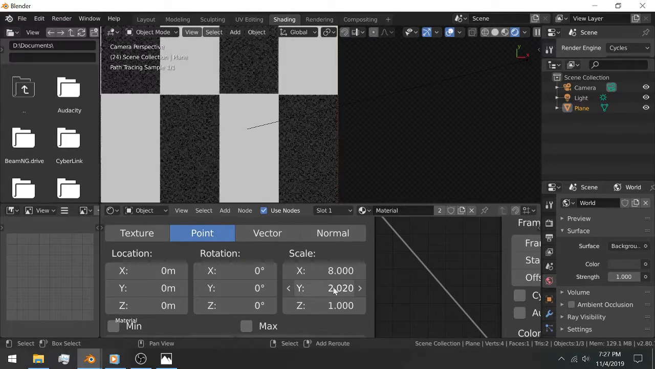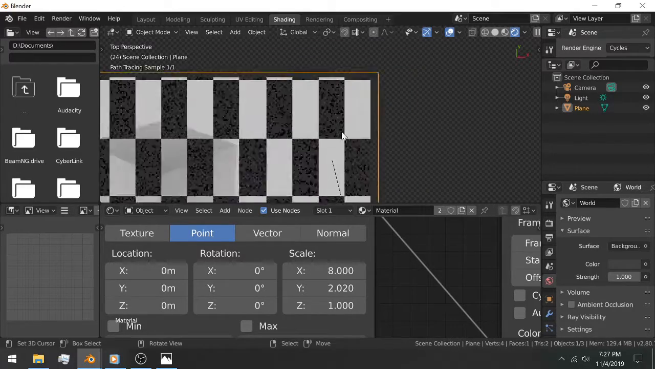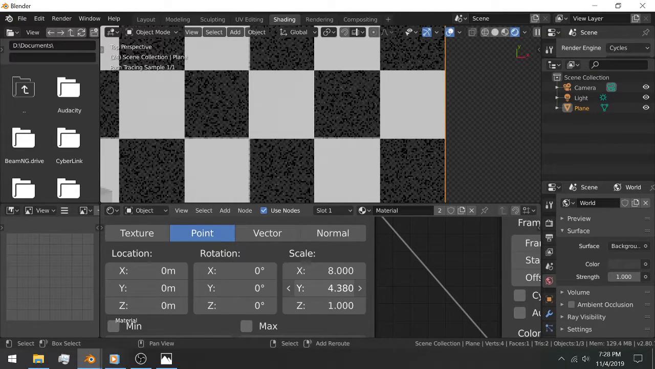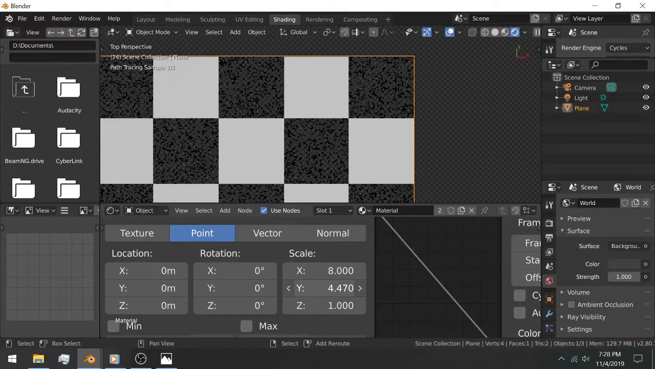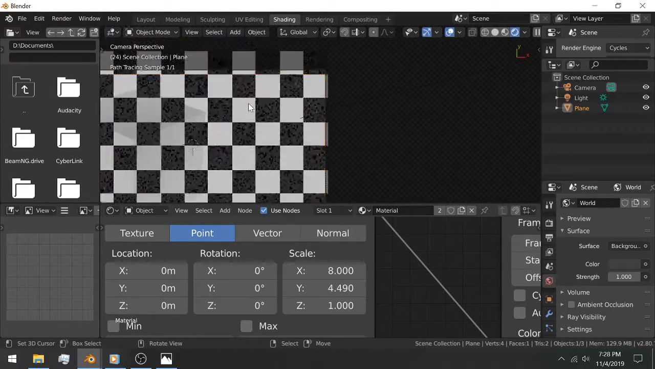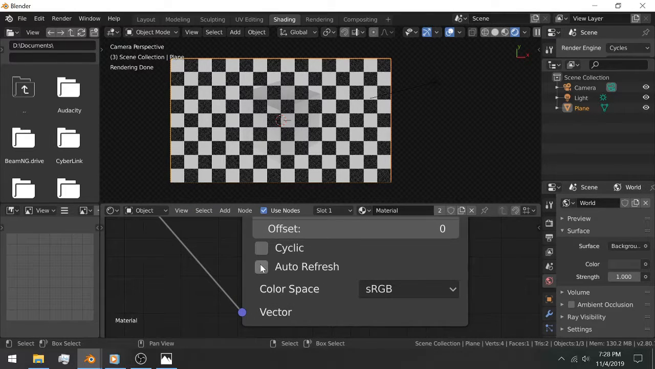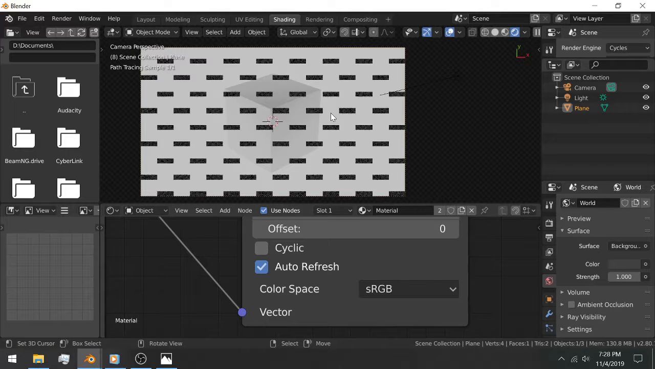Then we're going to scale this up to what we want, approximately square. Go into camera view. Now, as you can see, one thing I forgot to do, click auto refresh. So as you scroll through the frames,